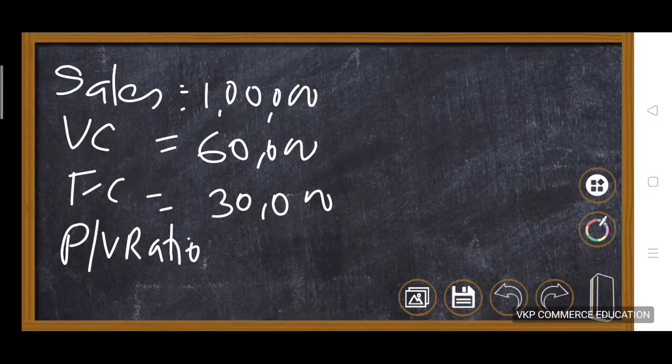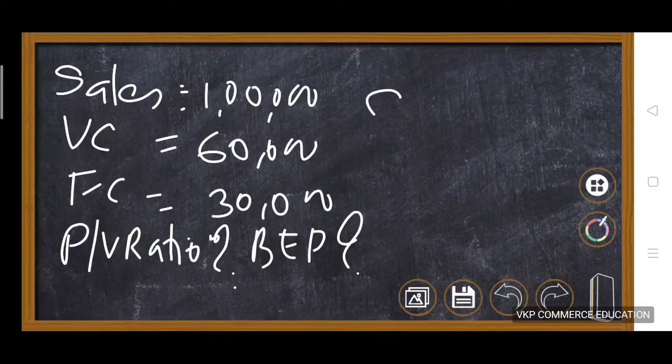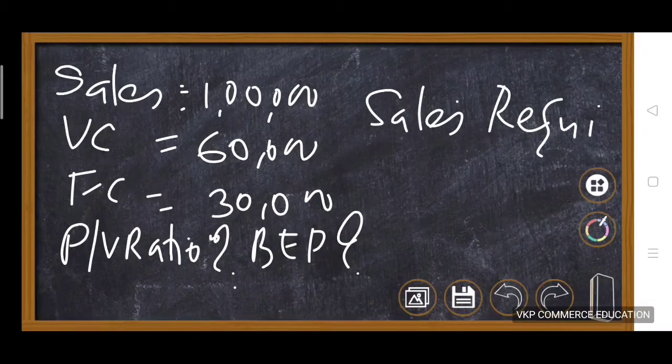We have to calculate PV ratio. Sales, variable cost and fixed cost are given. PV ratio, BEP in rupees, and also sales required to earn a profit of rupees